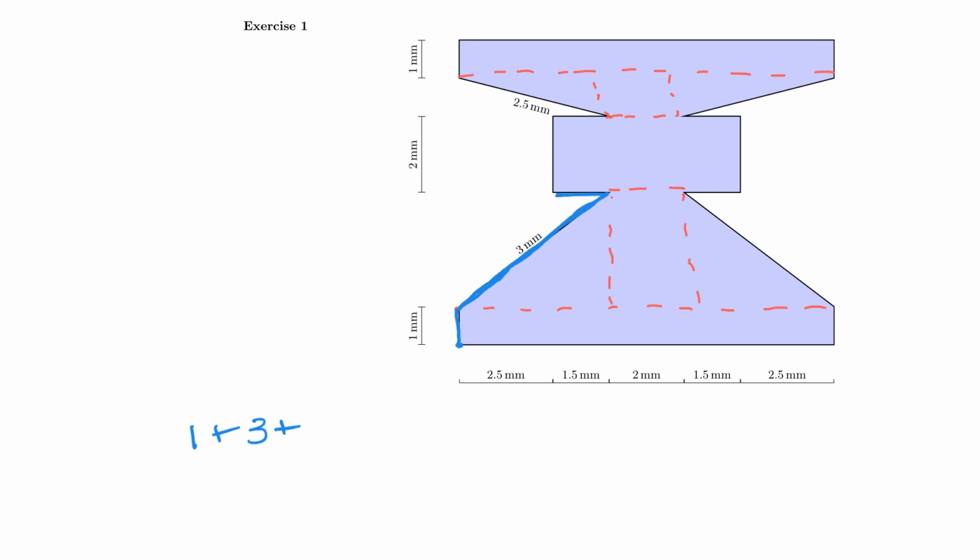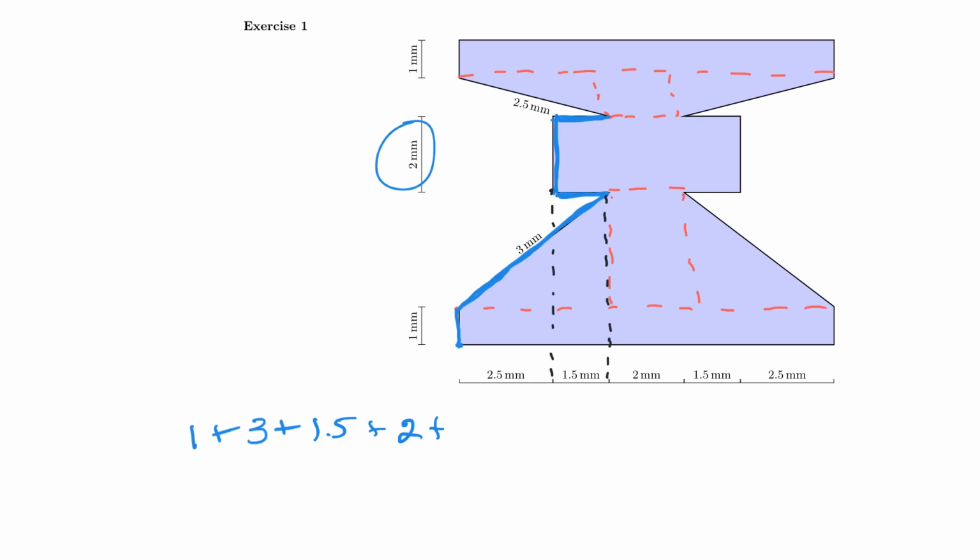How do we know the length of that side? We go all the way down, and we can see that from here to here it is 1.5 millimeters. That will be like a projection, right? So if we go all the way down, because we need to know the dimension of this small part, we can see that it is 1.5 millimeters, and then we go up here, and this will be 2 millimeters plus we close it here,